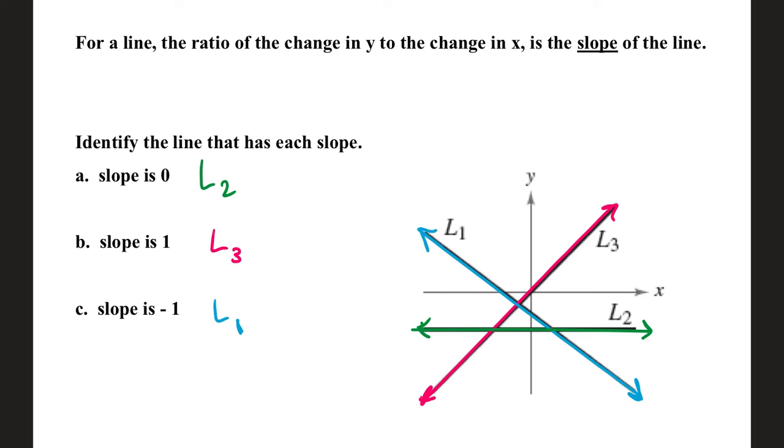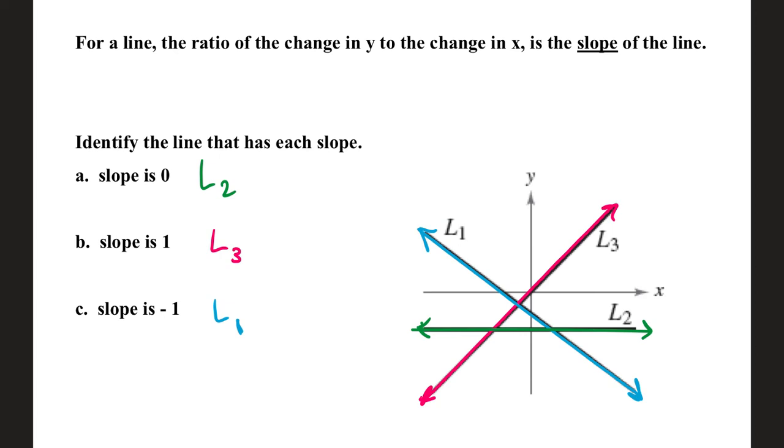Well, remember that slope is vertical change over horizontal change. If that's going to be equal to 0, then that means the vertical change has to be 0. That's the second line. It has 0 vertical change, but a lot of horizontal change. 0 divided by some fixed whole number. If you were to pick 2 points on this green line, your numerator would be 0 because there's no vertical change. And then just depending on how far your points were apart horizontally, that would be the value of your